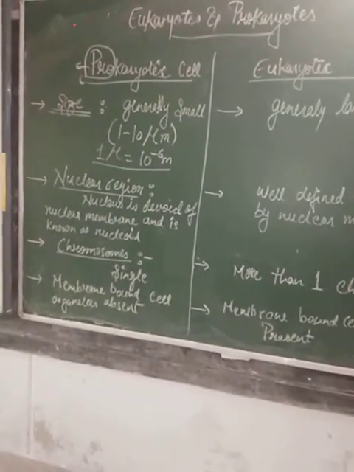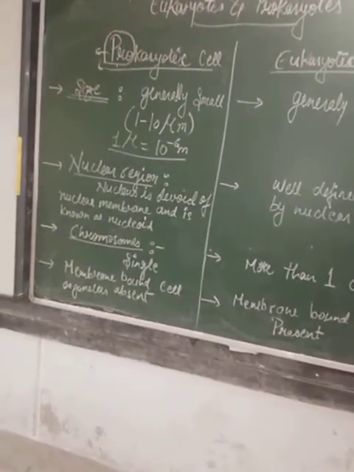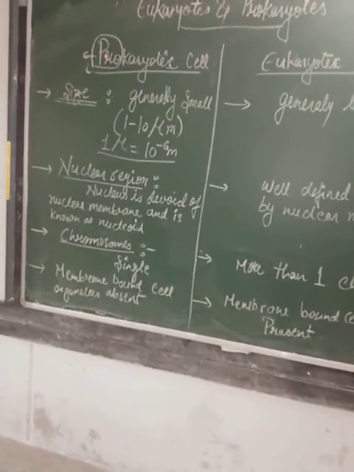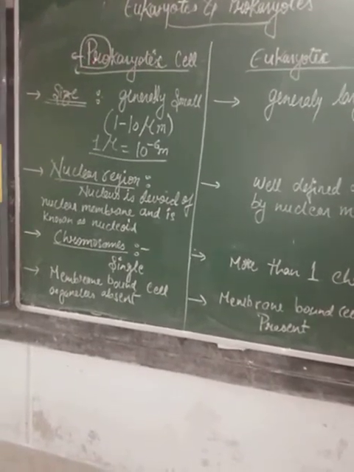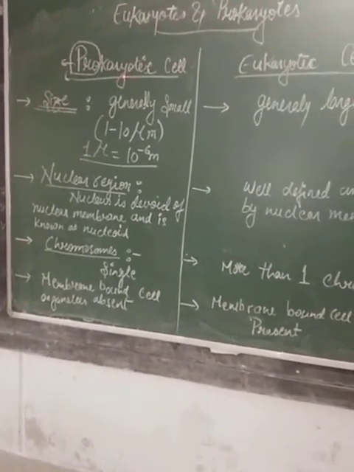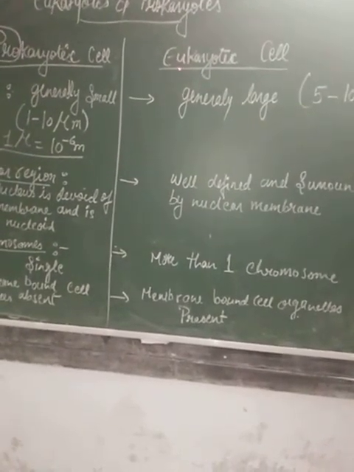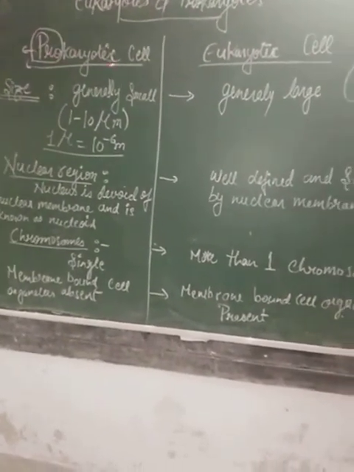One more thing, students: prokaryotic has been derived from two terms, pro and karyot. Pro means primitive, old type, and karyot means nucleus, so an old type nucleus, which is present in the single celled organism. Eukaryotes means eu, the latest or proper type, nucleus. But remember, pro means primitive.